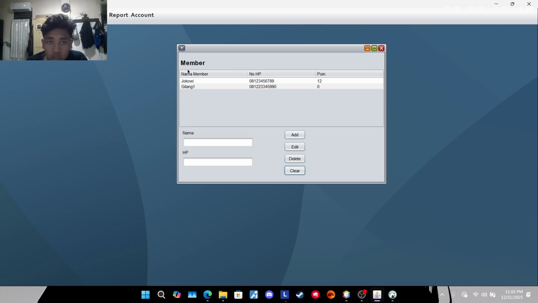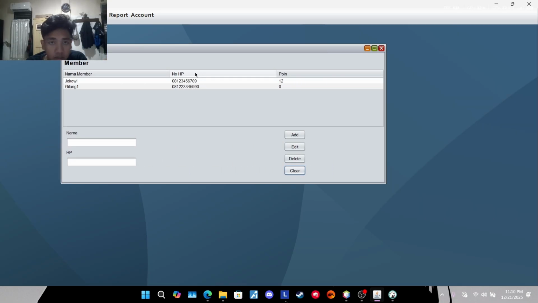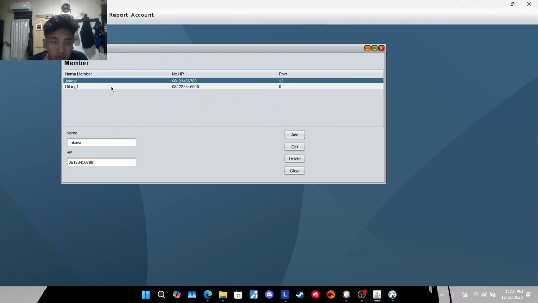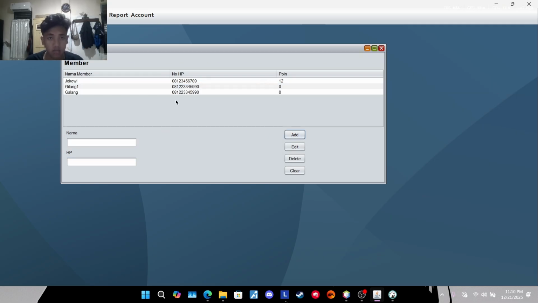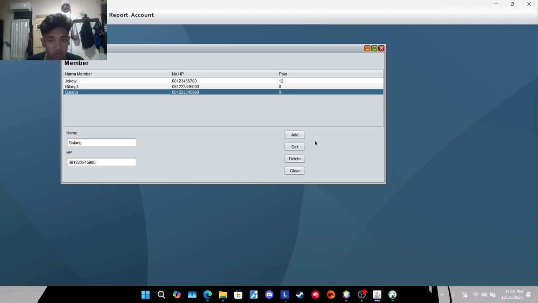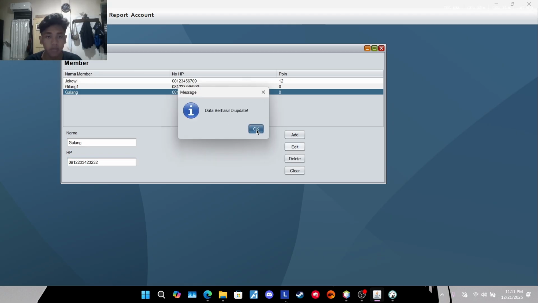You can see the nama, nomor HP and point, and if you want to add, just add like this, Galang, we adding. And if you want to edit, you can just select the table and edit this phone number maybe, edit, and if you want to delete, you can just click in the table and delete it.